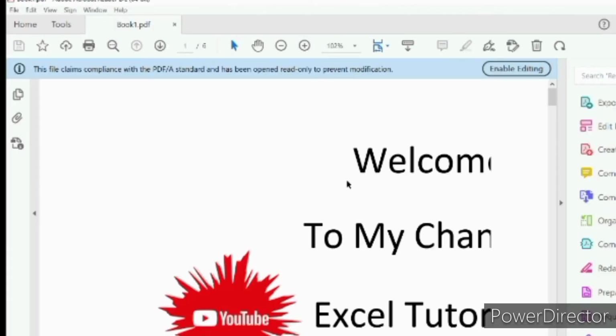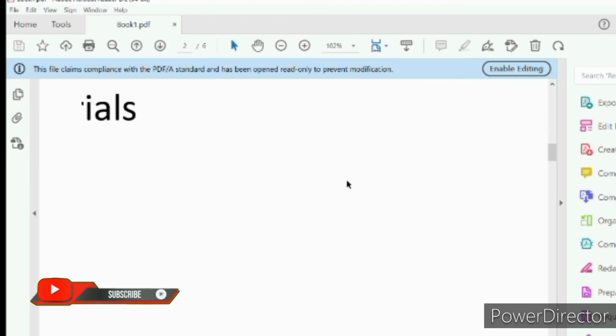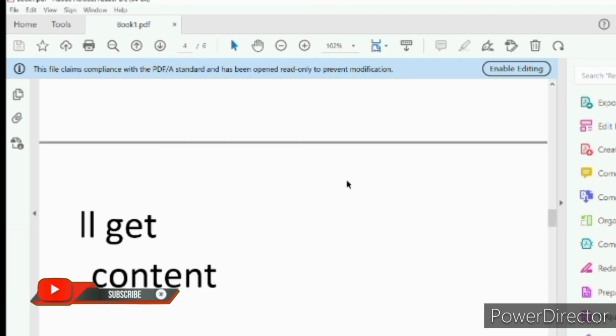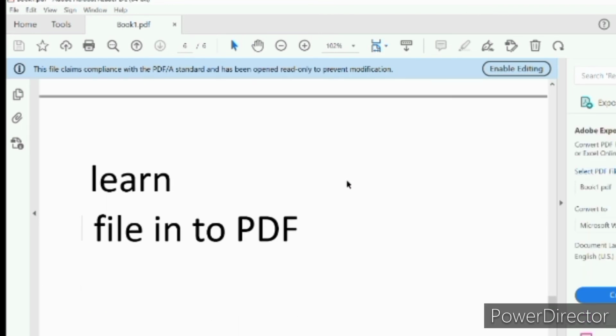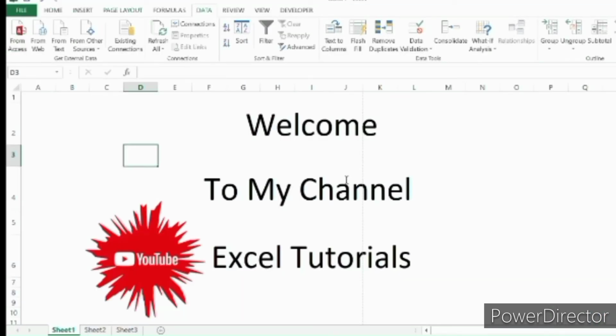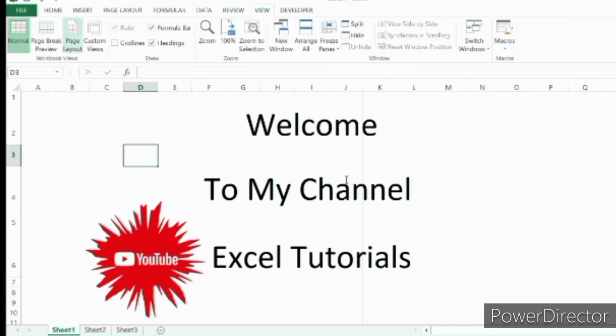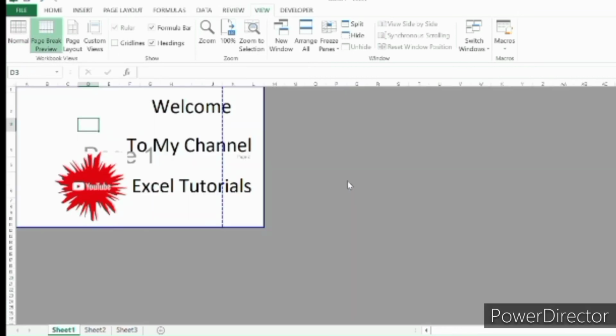That's it. So it will convert the data. See, it has not converted in a proper way. So how do we resolve it? It will convert based on whatever is there in the view format. It is in normal view. If you go to page break view, we have to align the range here,